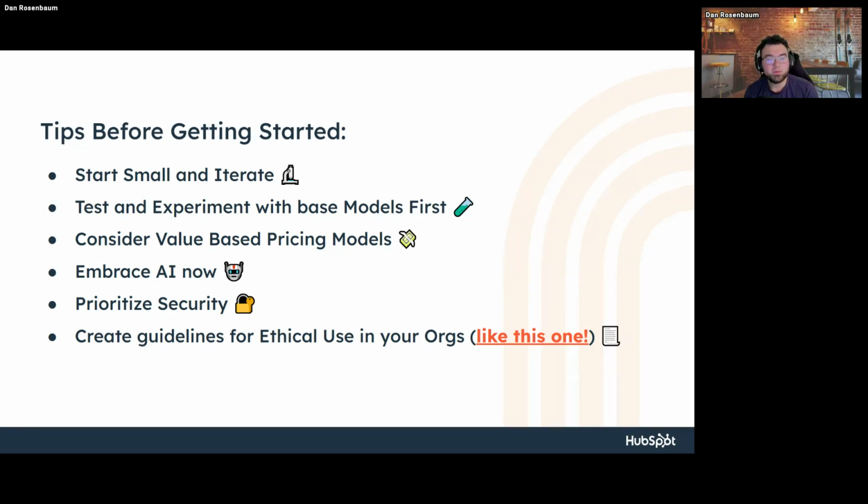There's a lot of people out there, and I'm just getting on my soapbox for 1 minute. There's a lot of people out there who are saying, well, if we can shave off a couple of hours here, we'll reduce our prices, or we'll give you more output because we're using AI. That's not really sustainable. It doesn't really make sense. Value-based pricing. Look it up. And embrace AI now.